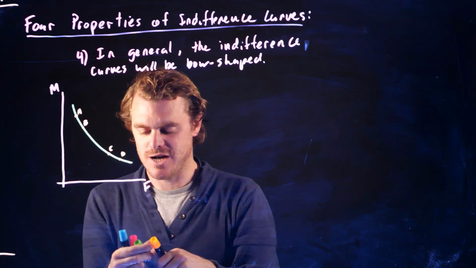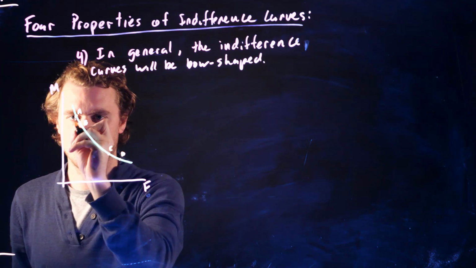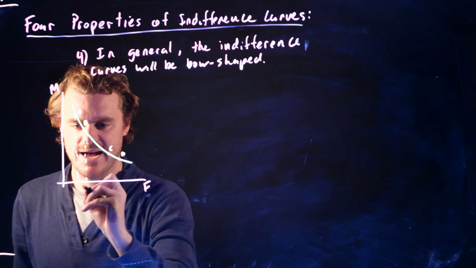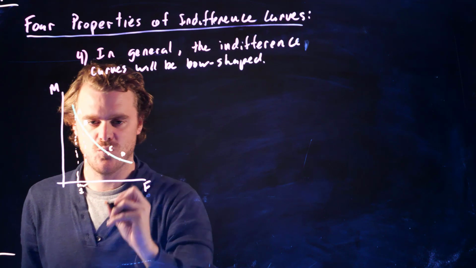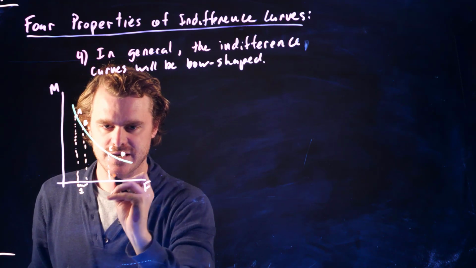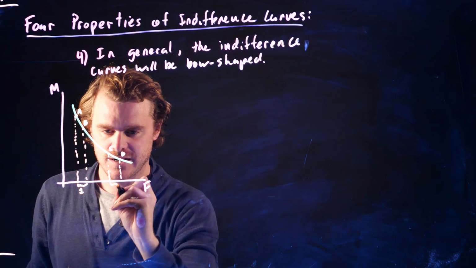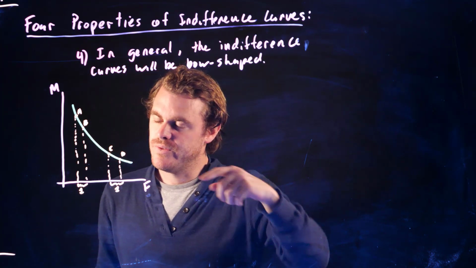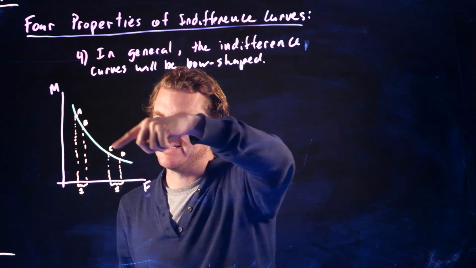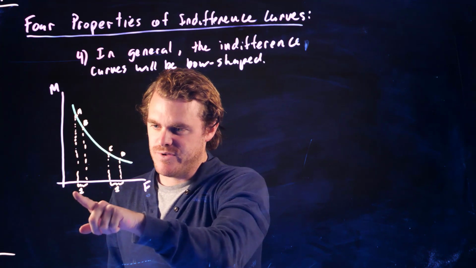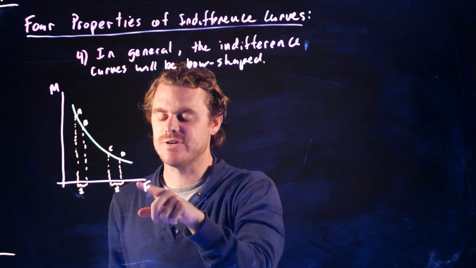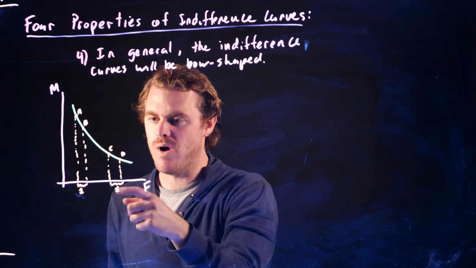I don't know if I did a great job, but let's imagine that this change is 1, just for the sake of it, and let's imagine this is the same distance. So what this bow shape is capturing is, if we decreased our consumption of fish by 1, let's say,